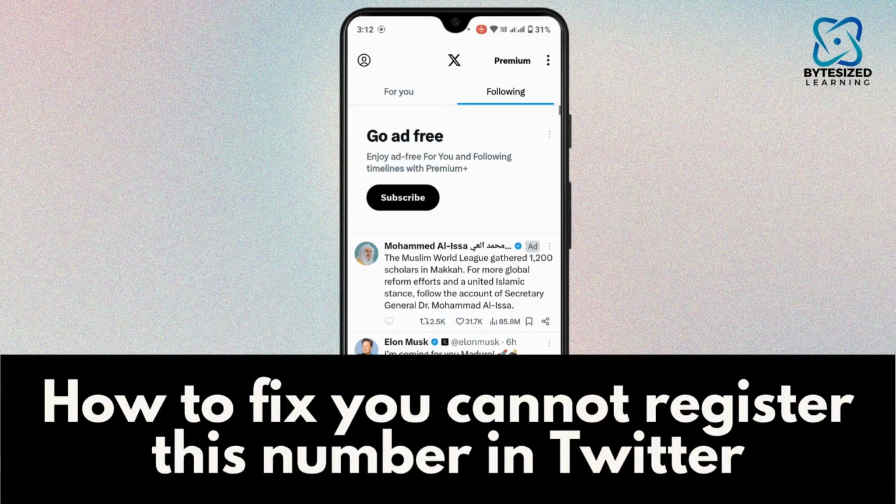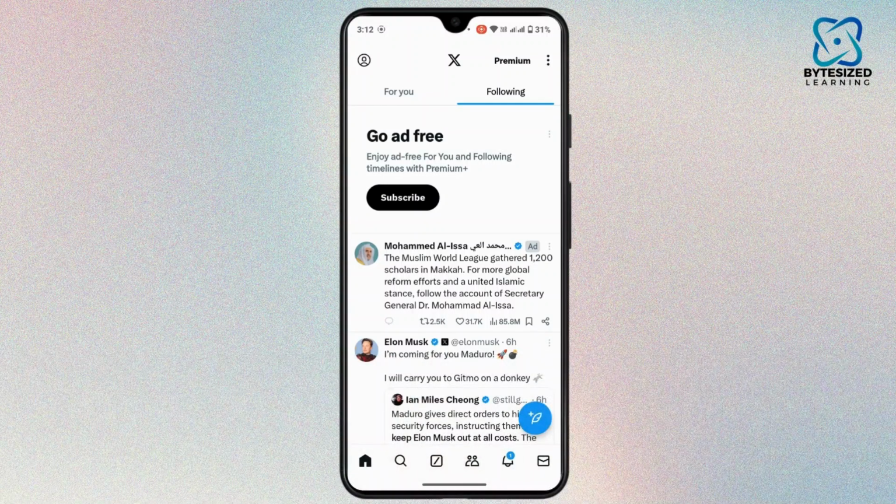How to fix "you cannot register this number" in Twitter. So let's get started. Whenever you're trying to sign up in Twitter or change the number in Twitter, and if you get an error message that says you cannot register with this number, here is how you can